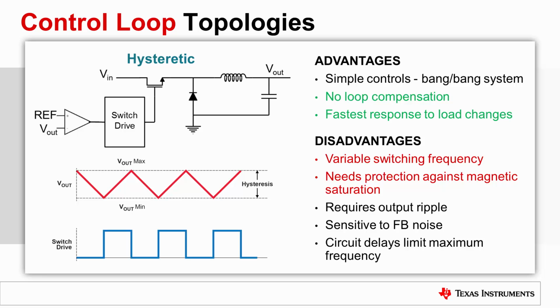Hysteretic control operates asynchronous to a clock, which is both an advantage and perhaps a limitation in system design. Because it is not clocked, the controller can respond immediately to a load step that drops the output voltage to the lower threshold. Voltage mode and current mode controllers must wait until the next clock cycle before issuing a response to the voltage deviation. Fast transient response helps limit the amount of expensive output capacitors needed at the output of the power supply.